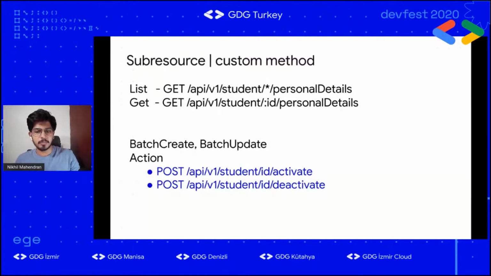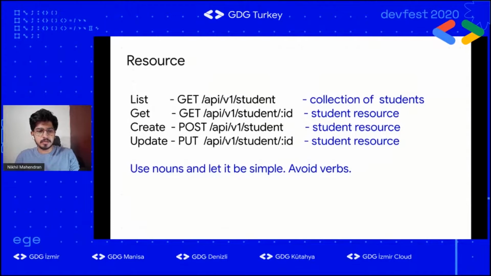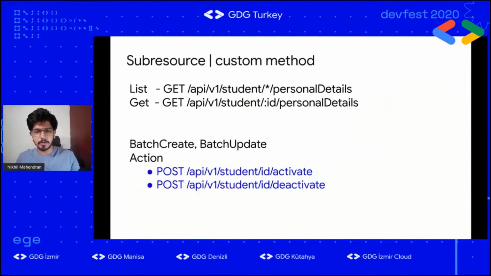Why do you need to break it into a sub-resource? One is for more readability. The other is that when you implement security, breaking into sub resources helps you. Consider a scenario where a mentor wants to access student details but not the personal details. For the mentor, we can give access to these 4 slash student APIs, but not access to the above slash personal details API. We can use a simple if else to check if he is a mentor, and don't give access to this sub resource. So breaking into sub resources helps you do authorization better.